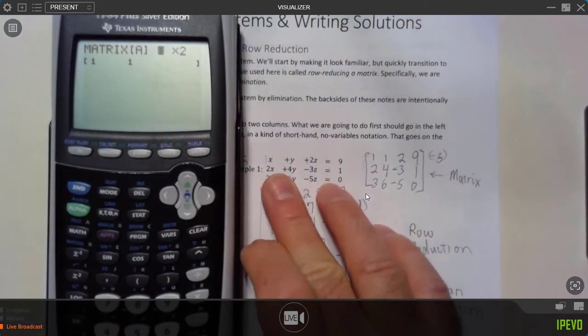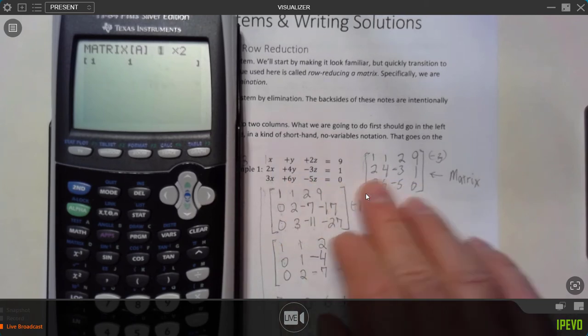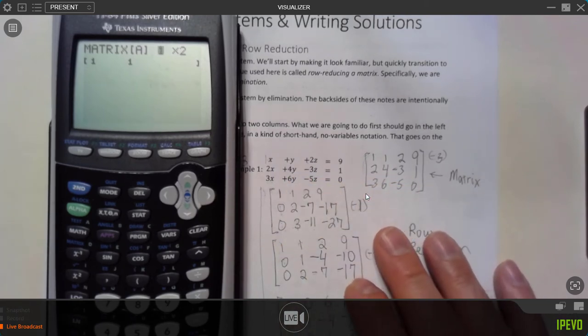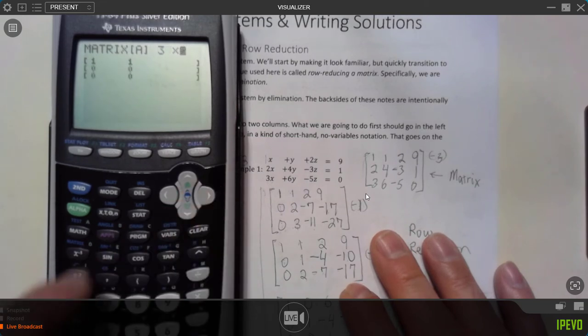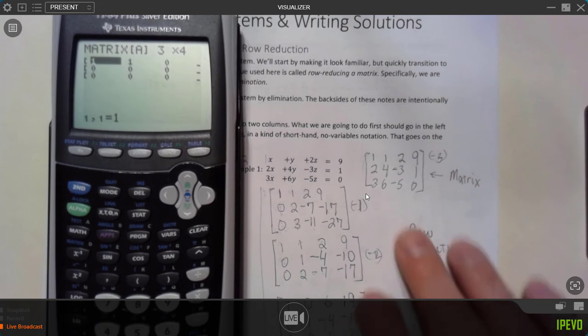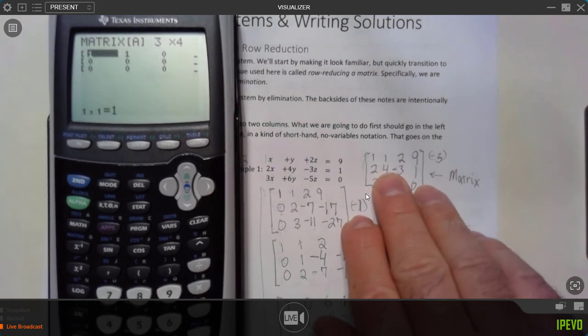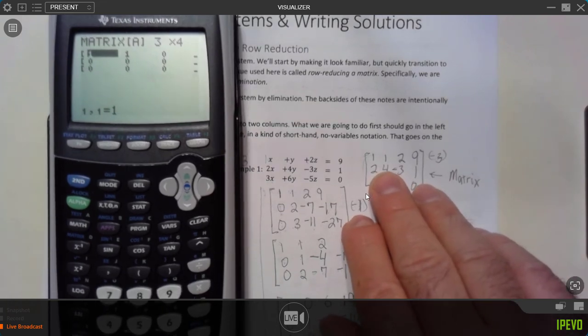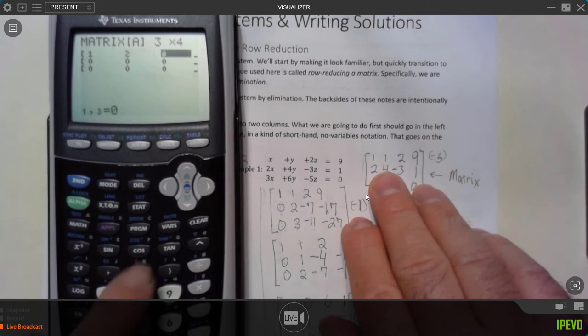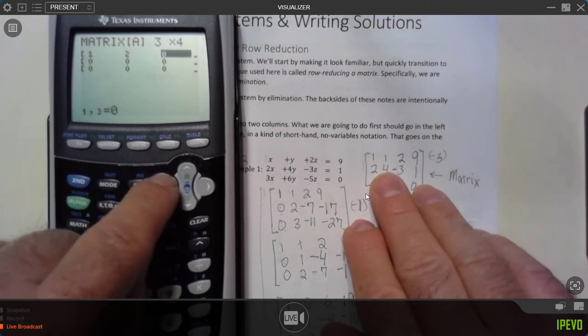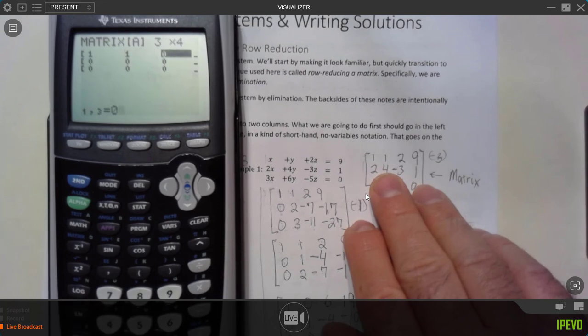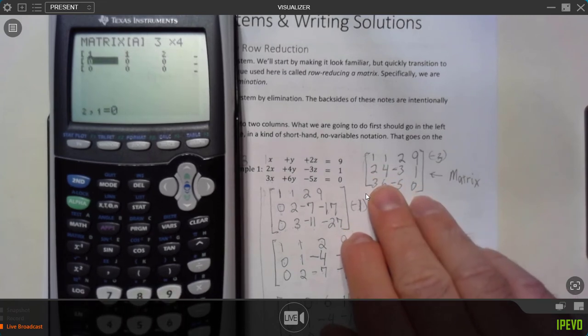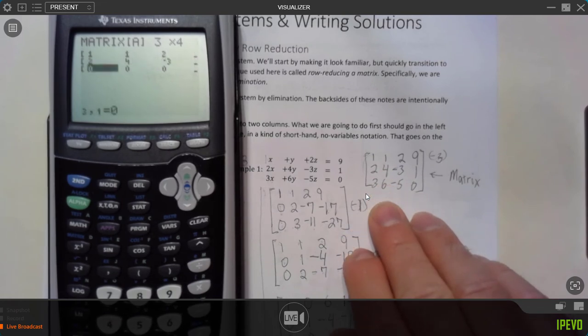And I can put it back to what I want. In this case, I have 4 columns and 3 rows. The rows are always listed first. 3 rows, 4 columns. Press enter, and I'm ready to start entering. So this by default will go in order of rows. So 1 1 2 9, next row is 2 4 minus 3 1, and 3 6